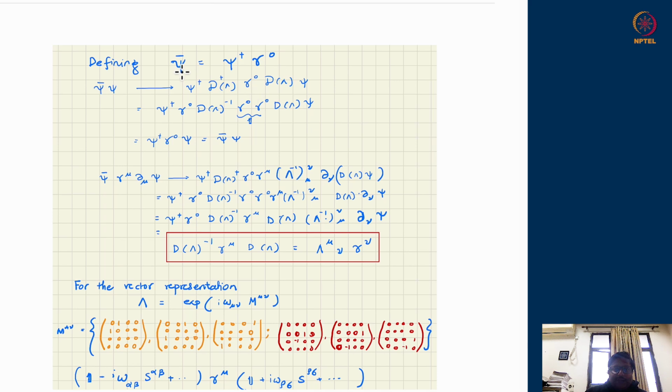Remember, we were trying to find an inverse quantity. We were trying to write down a Lagrangian, but psi dagger psi was not a Lorentz invariant object. Now we can see why. When we do the Lorentz transformation, psi will transform with D of lambda, and psi dagger will transform with D of lambda dagger. Since these quantities are not inverses of each other, I will not get identity back.